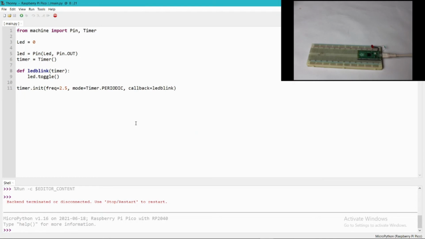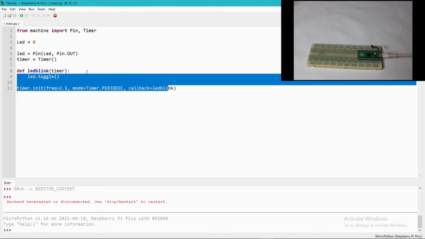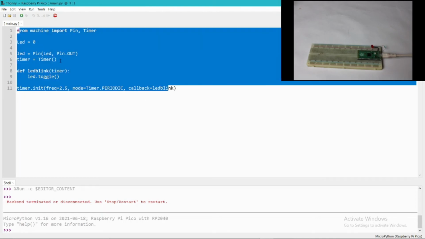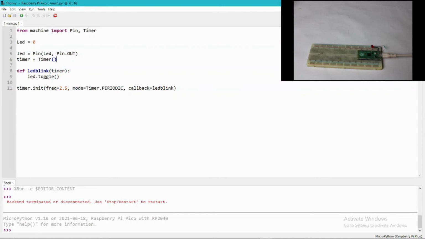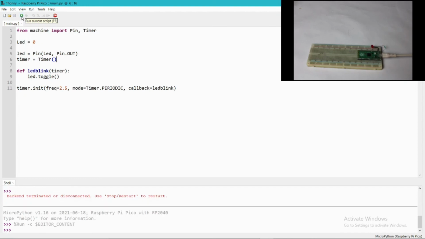So I have saved the main.py file on my Pico board. Now you just need to click on the run button to blink the LED. As you can see, the LED is blinking with the frequency of timer delay that I have mentioned in the code.